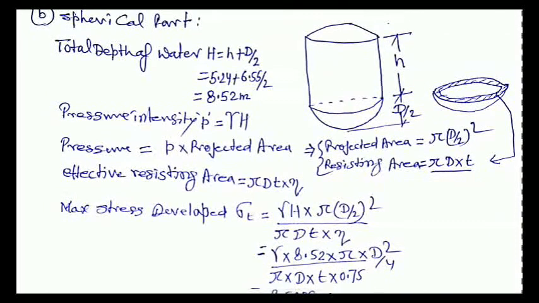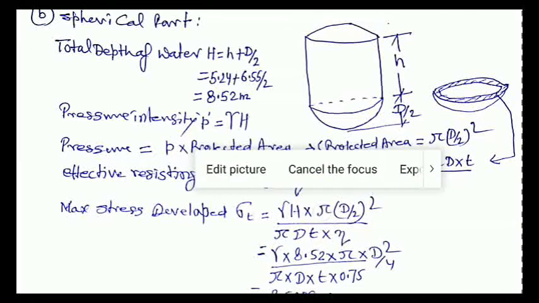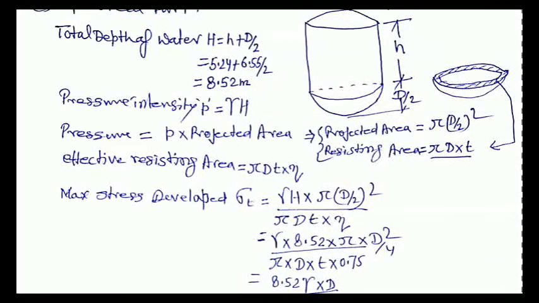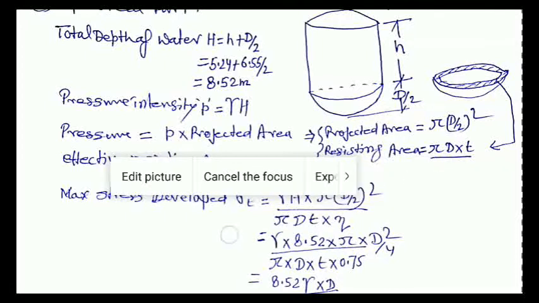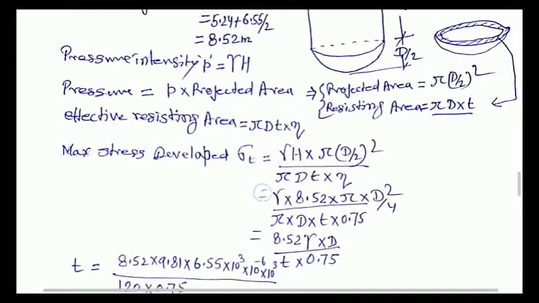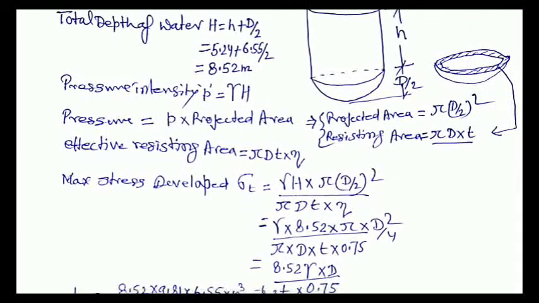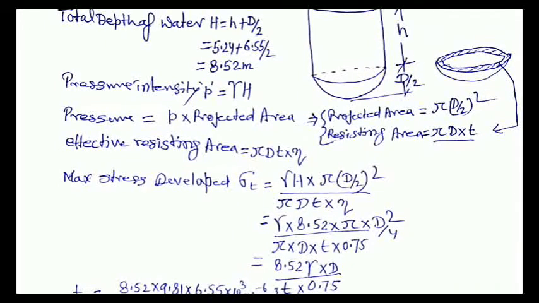So total height is H plus D by 2. So the pressure intensity at the bottom of the hemispherical portion will be gamma into capital H, which is H plus D by 2. It comes out to be 8.52 meter. So the total pressure at the bottom will be